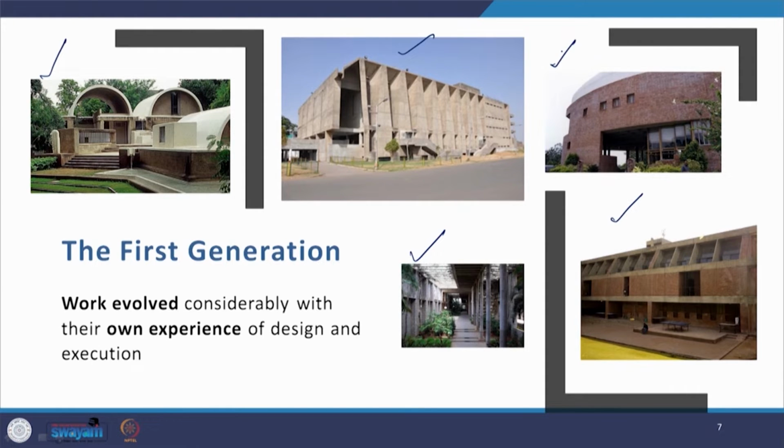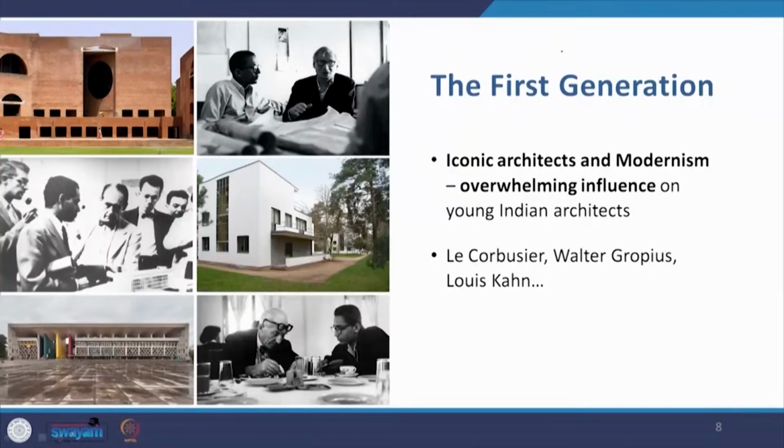So here we see what I said, the work of this first generation, in this case B.V. Doshi, evolved considerably with their own experience of design and execution. The first generation, iconic architects and modernism had an overwhelming influence on them. The examples predominantly are that of Corbusier, Walter Gropius and Louis Kahn. Out of these, two actually came and designed and built in India. Corbusier, who did a lot both in Chandigarh and Ahmedabad, followed by Louis Kahn, who is predominantly known for IIM